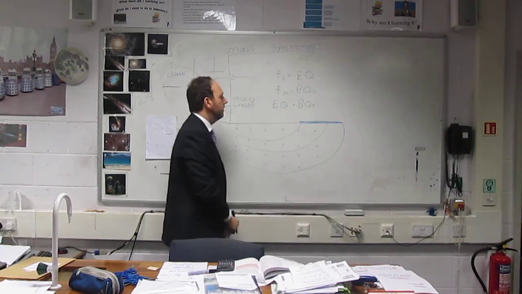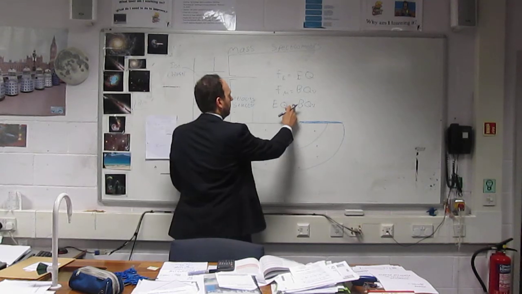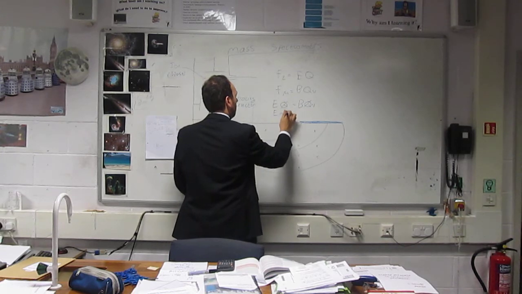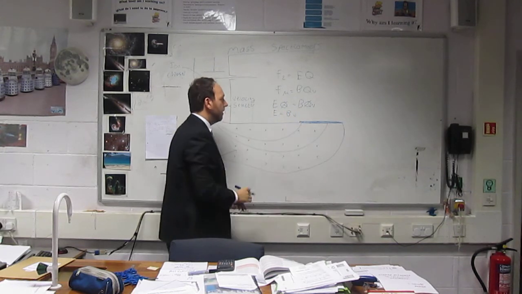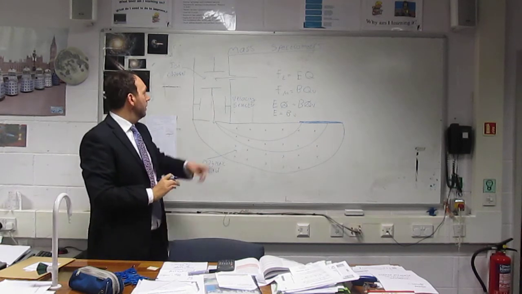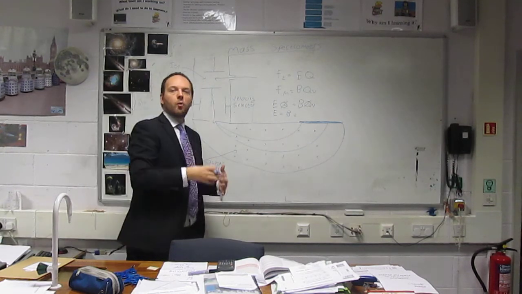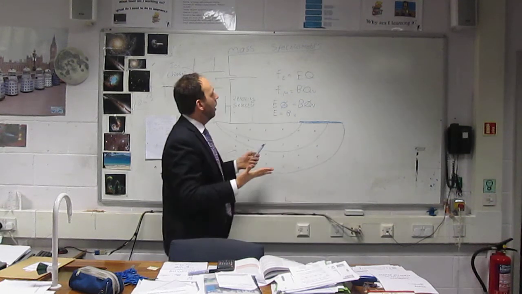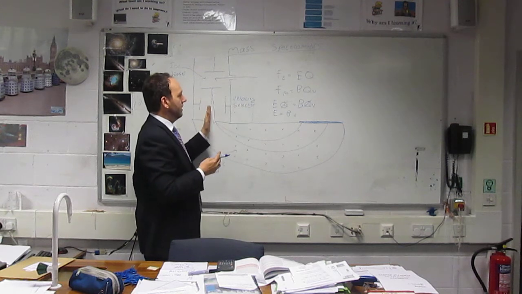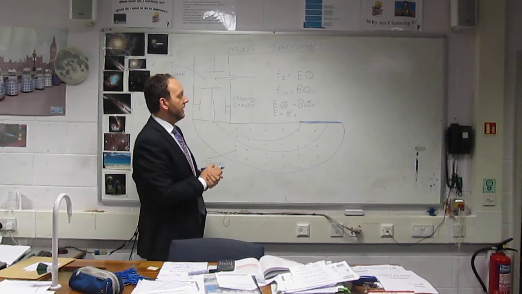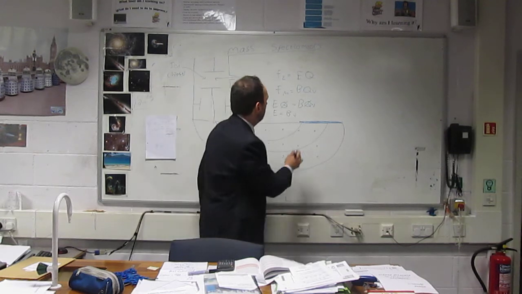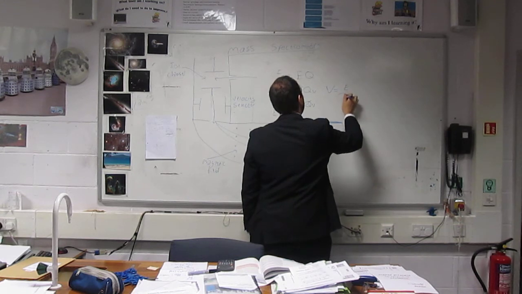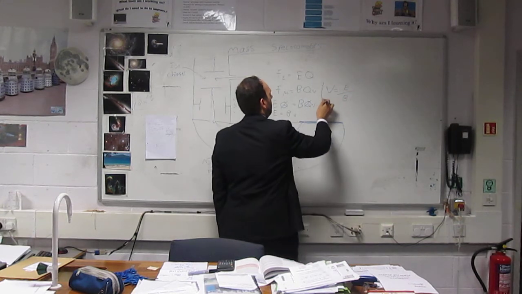equals BQV. First thing you'll notice, our Q's cancel out. So we're left with E equals BV. Really convenient our Q's cancel, because here in the ion chamber there's no way of telling if it's singly ionised, doubly ionised, triply ionised. So charge needs to not matter at this section. It doesn't matter because they're cancelled out. One last rearrangement and we can see that the velocity is equal to E, the electric field, divided by B,